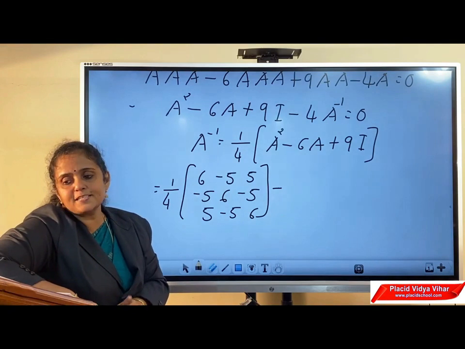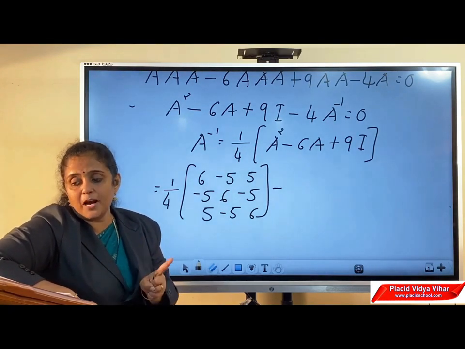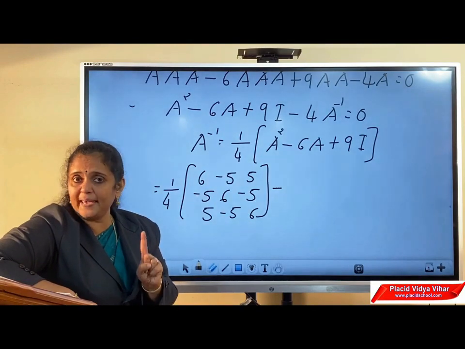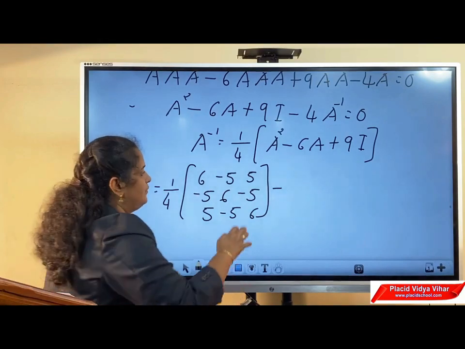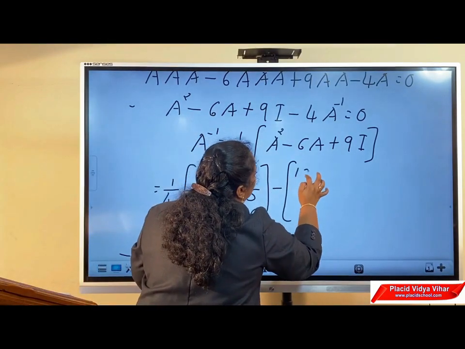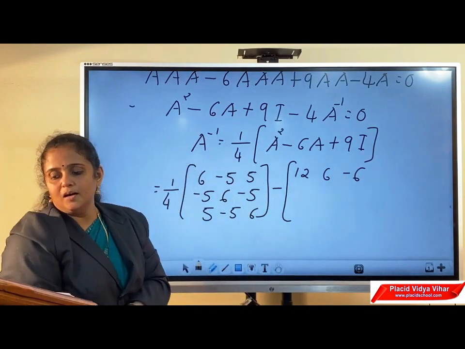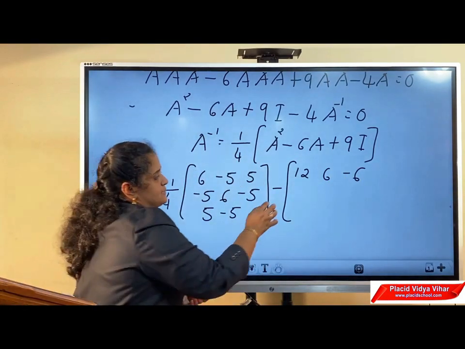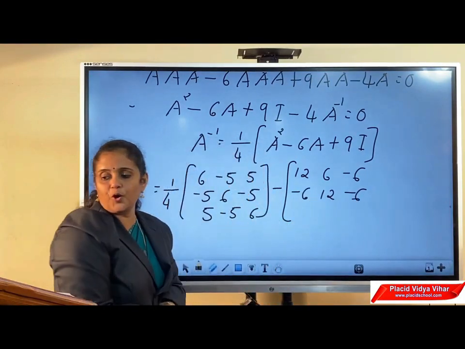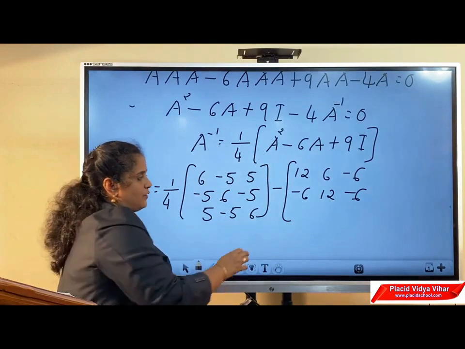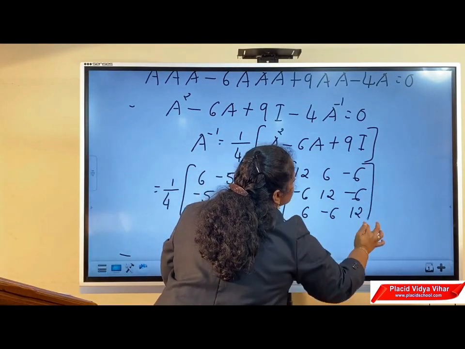A is equal to 2, minus 1, 1; minus 1, 2, minus 1; 1, minus 1, 2. We can multiply each element by 6. Then you will get the answer 12, minus 6, 6; minus 6, 12, minus 6; the last row 6, minus 6, 12. Plus 9,